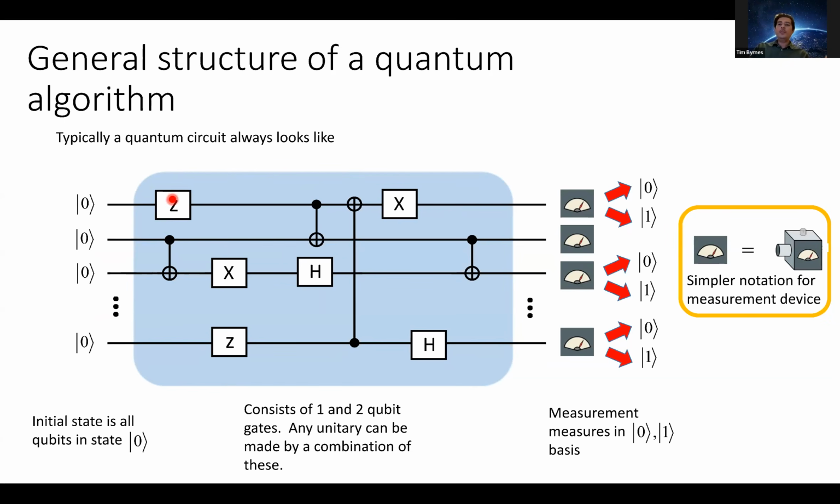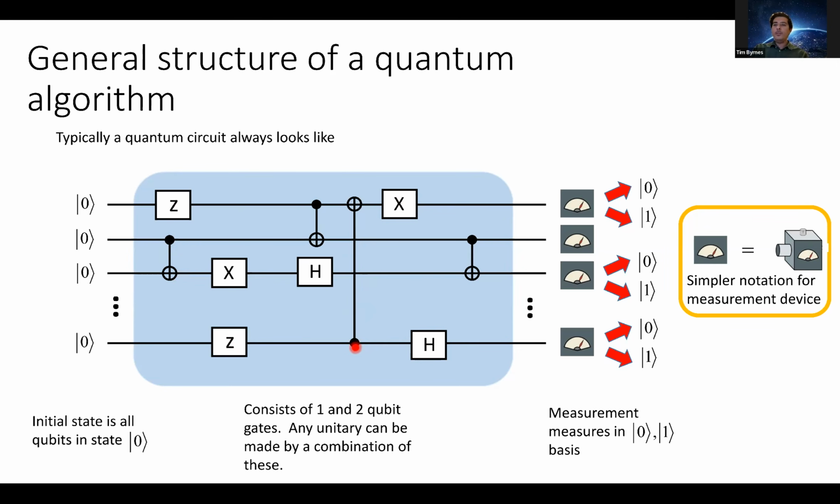So here's a bunch of gates that are happening on each qubit, and then here are the controlled NOT gates. Now notice that sometimes these controlled NOT gates can be sort of far away. They don't have to be just right next to each other. And just in terms of the notation, only the